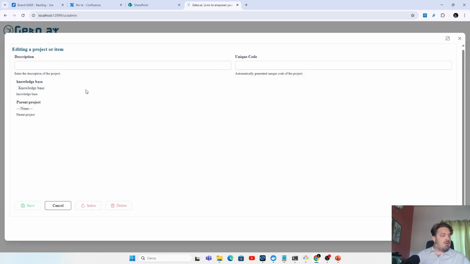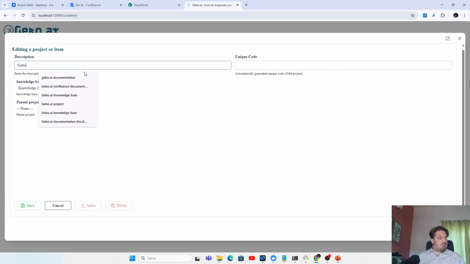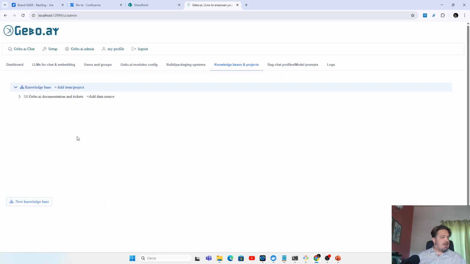And okay, you can create a sub-project, for example, Gebo.ai documentation and tickets. And now I will add to this part of the knowledge base of the software both a Confluence area.